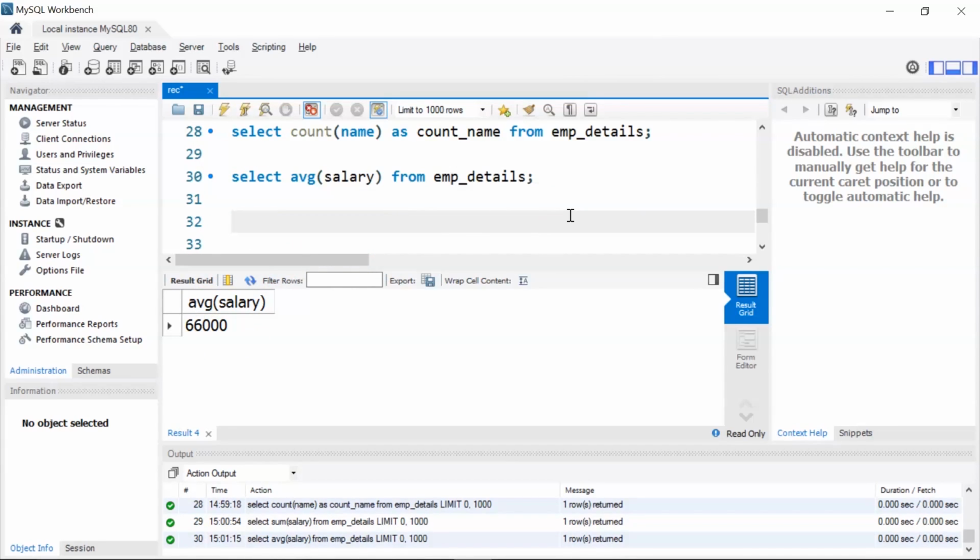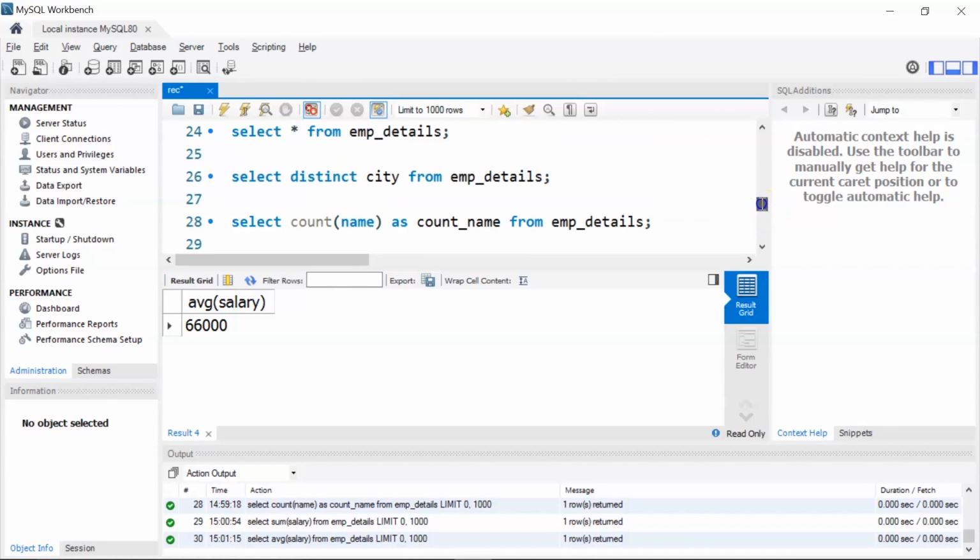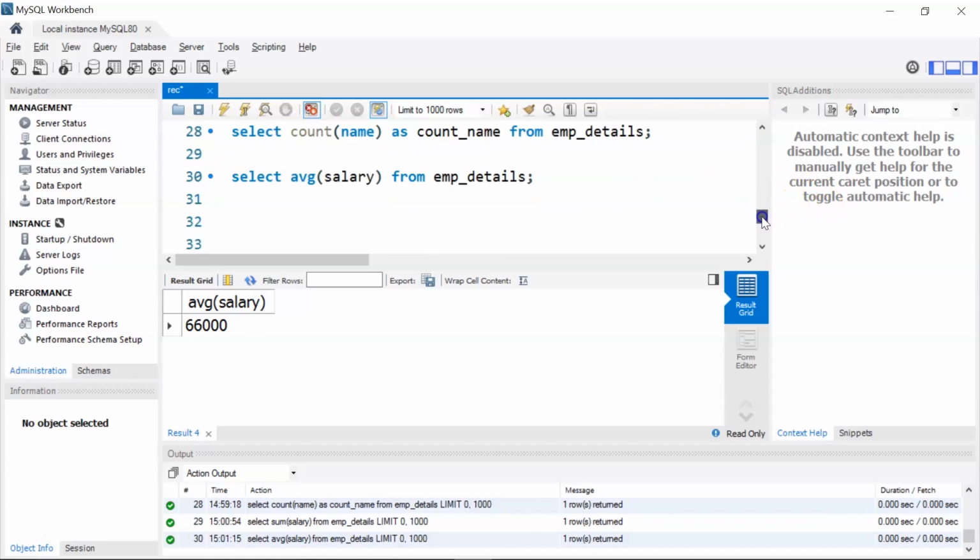Now you can select specific columns from the table by using the column names in the select statement. So initially we were selecting all the columns. For example, like you saw here, the star represents that we want to see all the columns from the employee details table. Now suppose you want to see only specific columns, you can mention those column names in the select statement.